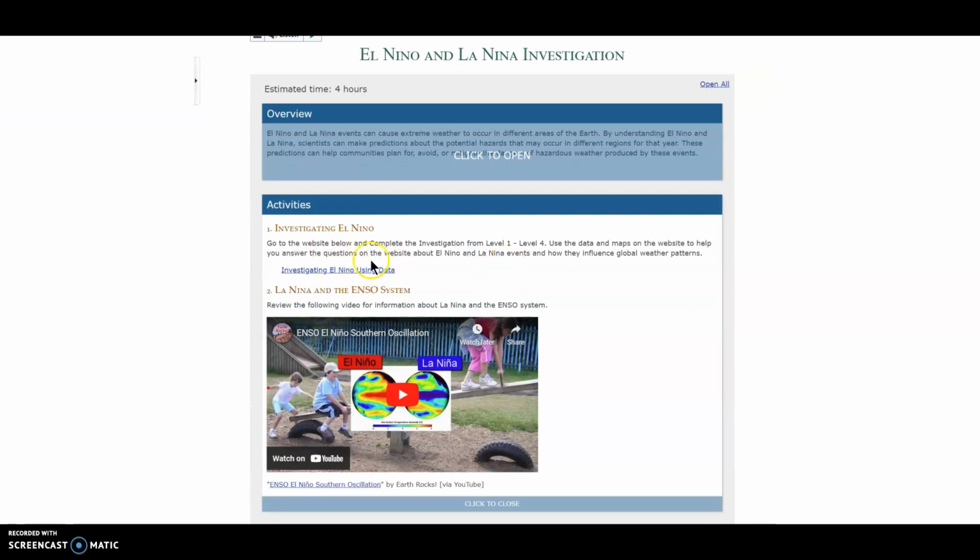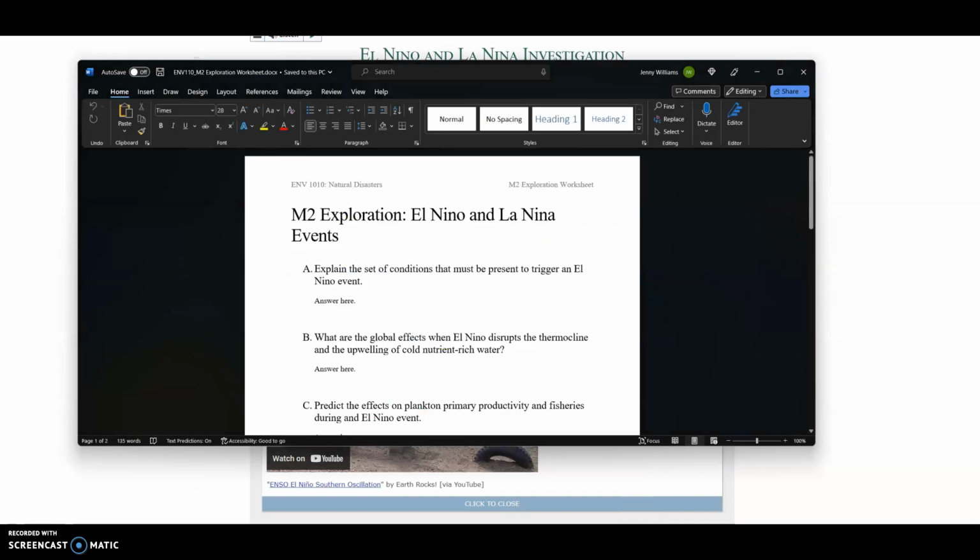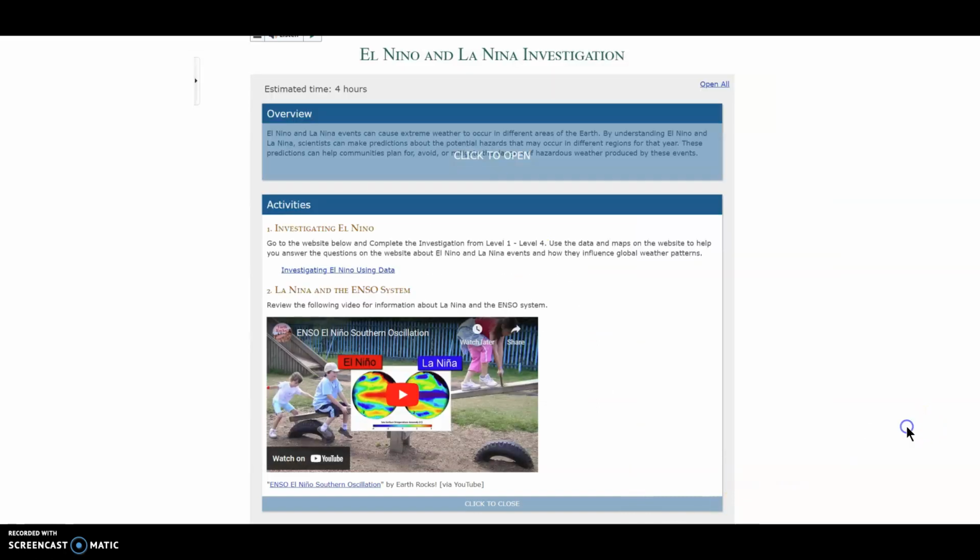This is an investigation that you're going to complete. You're going to go from level 1 through level 4, and you're going to use the data and the maps to help you answer the questions that are in this document right here. And then you're going to review this video about the La Nina and ENSO system. So if we click on this investigation,